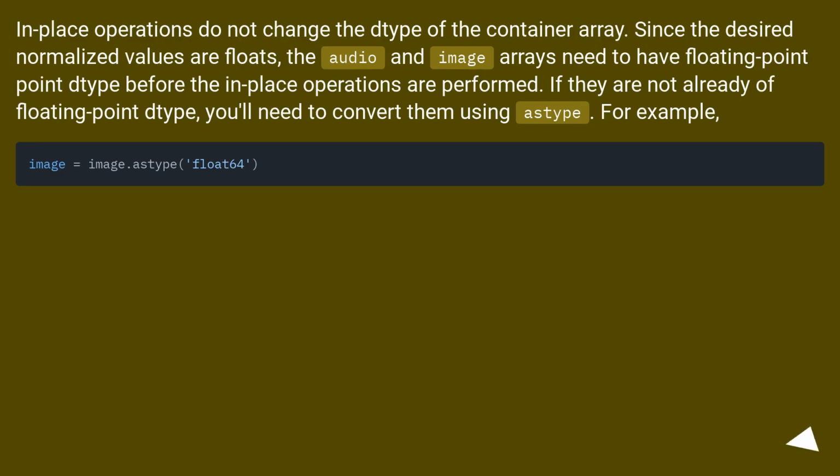In-place operations do not change the dtype of the container array. Since the desired normalized values are floats, the audio and image arrays need to have a floating point dtype before the in-place operations are performed. If they are not already a floating point dtype, you'll need to convert them using a scipy function. For example,